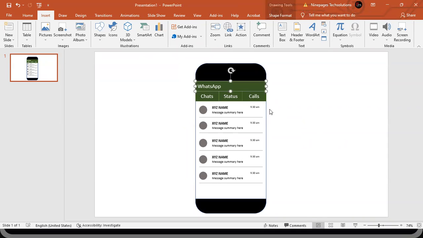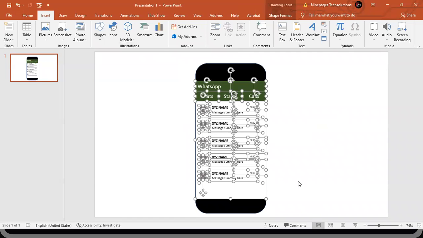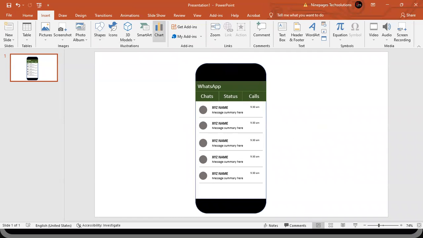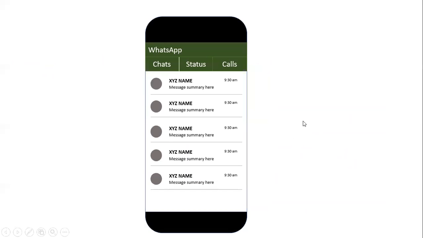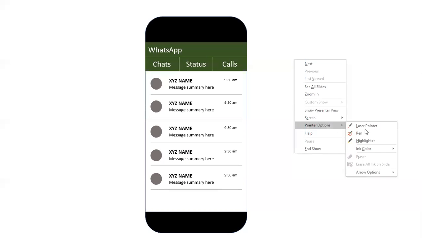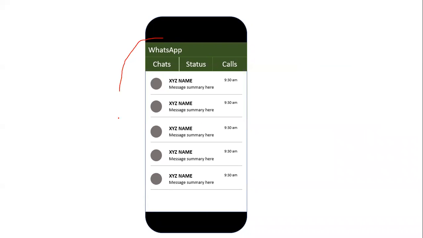If you are talking about these three, this one is the main layout. This whole one is the one layout.